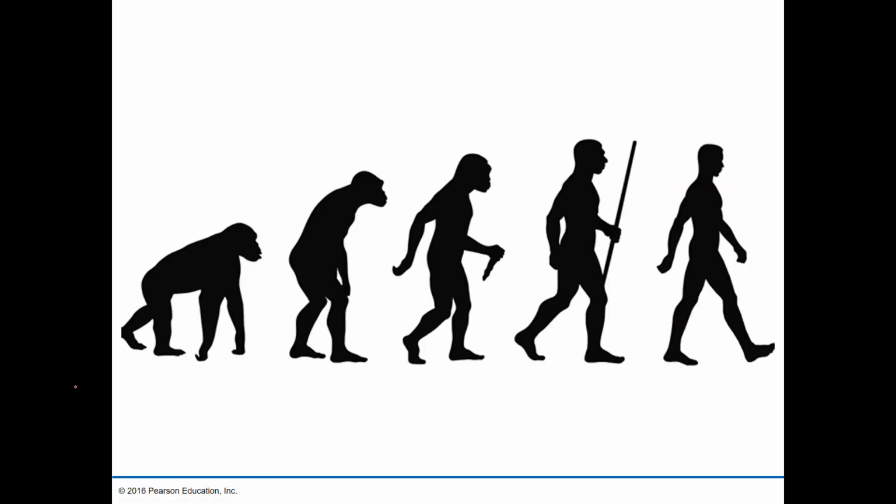We often see this picture, which is very inaccurate, because it indicates that chimps started to stand upright and then started to use their hands, and right here they show, I guess, tools, started to be a little bit more upright, and then finally became humans. And really, that's not at all how it happened. It's not a gradual progression, as you see in images like this that are on t-shirts and all sorts of other things. Instead, what happened was we had common ancestors that relate us to chimps and other apes, but